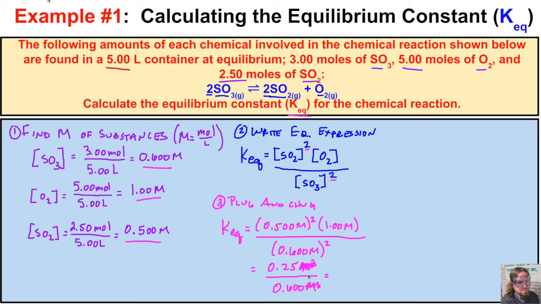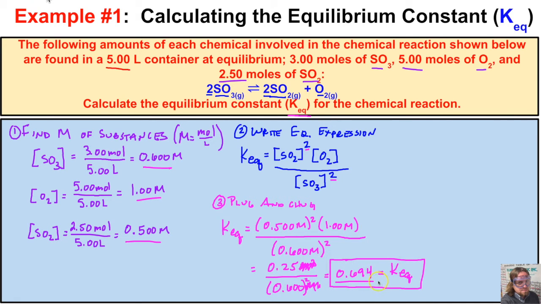And so if we take 0.25 and we divide this by 0.600 squared, and I forgot to carry down the squared sign or number right here in the exponent, so don't forget to do that. We're going to end up with, when we take 0.250 divided by 0.600 squared, 0.694. We have 3 sig figs right here. And so this is going to equal our KEQ. So this is our equilibrium constant for this chemical reaction,